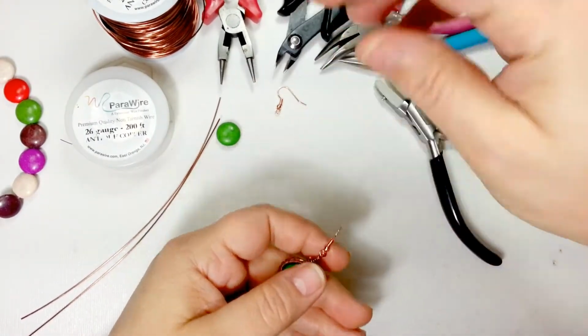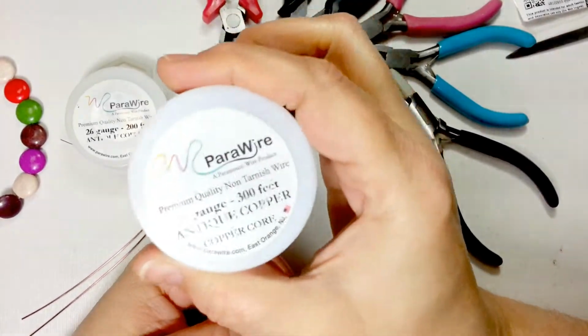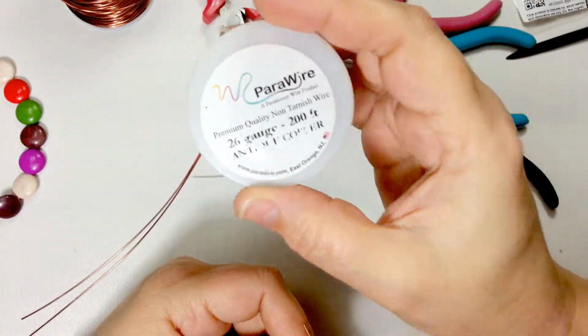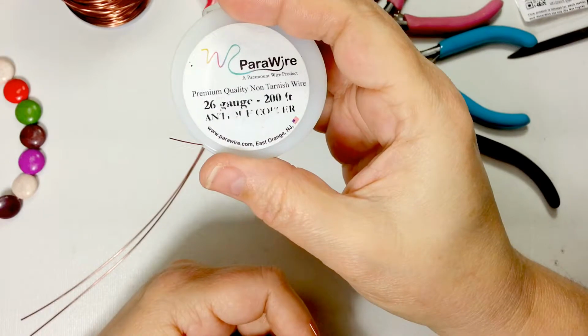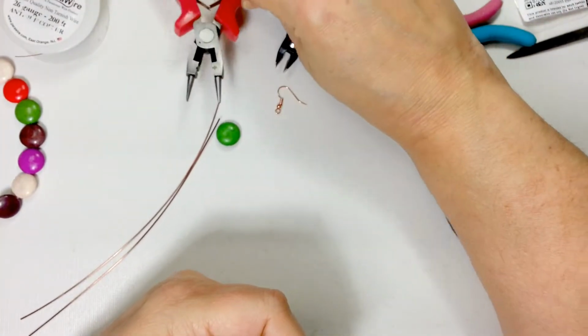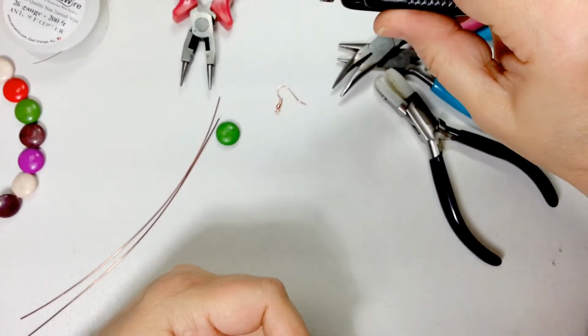So what you're going to need today is ParaWire. I'm using 20 gauge instead of the 18 that I normally use. I know that's hard to see. 20 gauge and antique copper. I happen to really love antique copper, so I use it a lot. 26 gauge is my weaving wire, and then you're going to need some tools: round nose pliers, nippers or flush cutters,